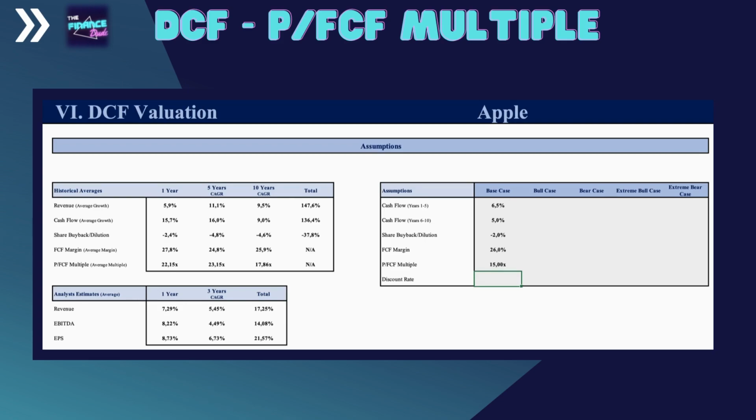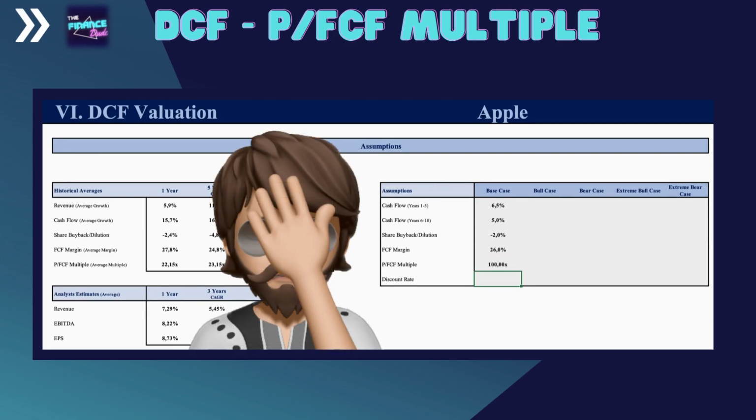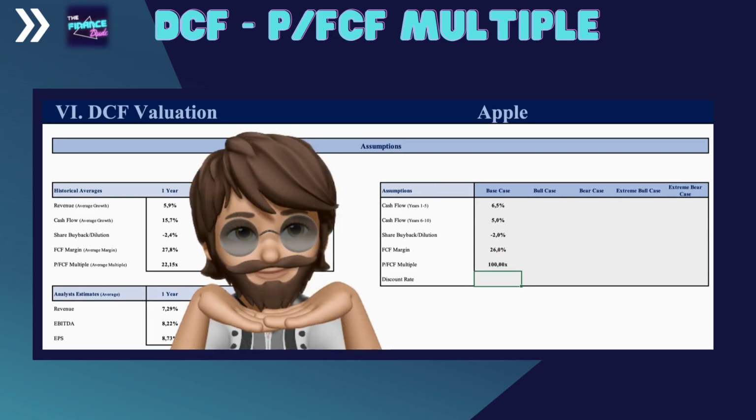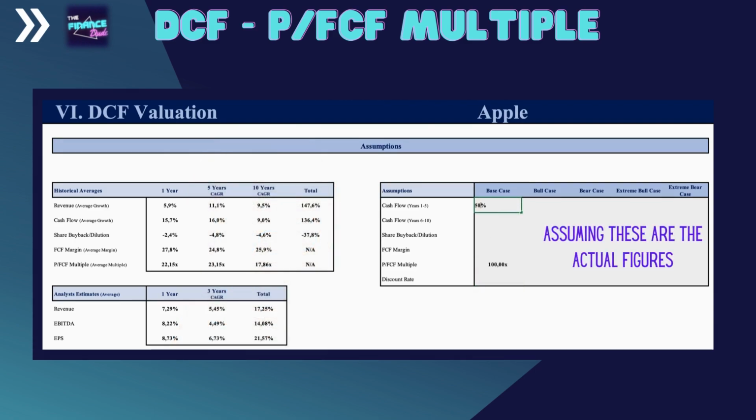Some believe that a 100x price to free cash flow ratio is sustainable forever and the market will always be willing to pay it. Well, I think that's insane. I'm not saying that a company with a price to free cash flow of 100x is too expensive today. If the company is expected to have insane growth ahead and continuously improve its margins in the future, is in a great industry, has a significant moat, and has a great management team, I don't see a problem with paying